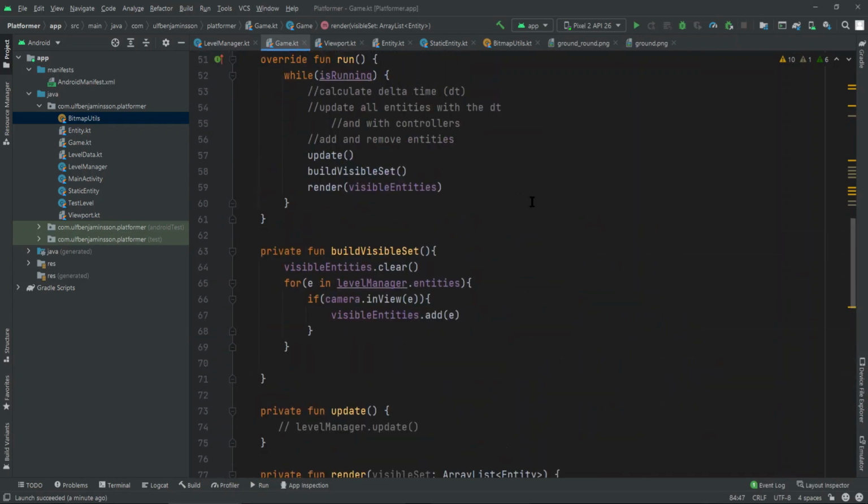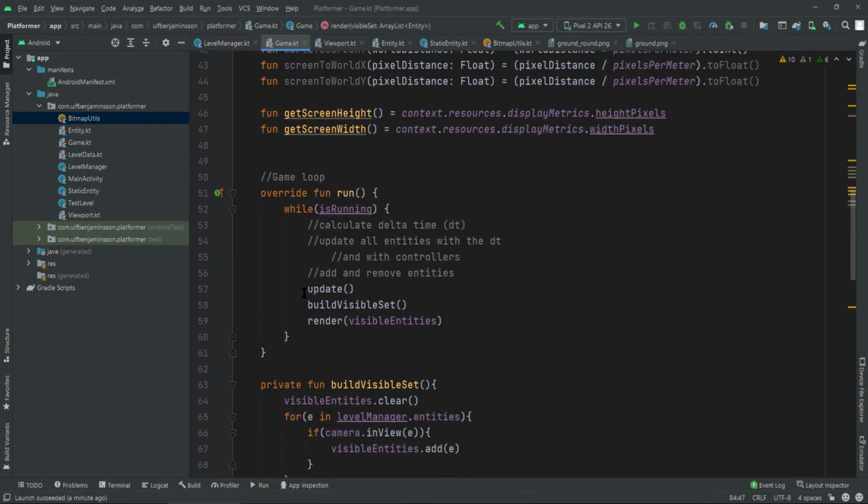Let's just check the little thing we have here. Update, build visible set, render. So